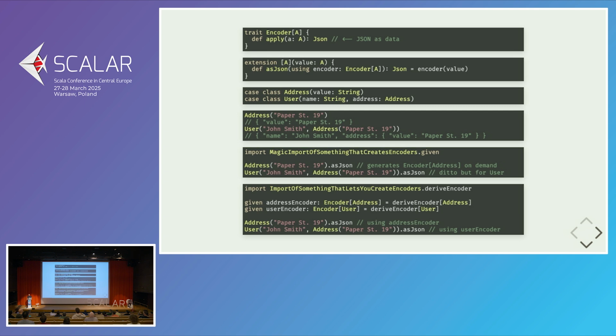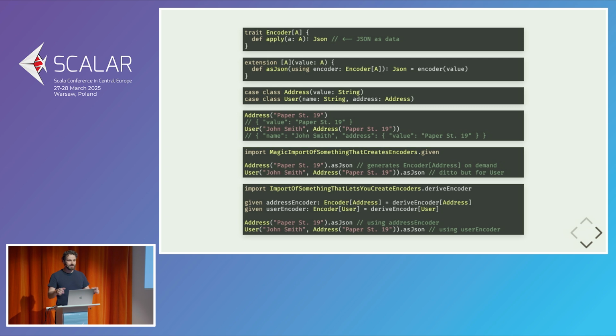The other approach is something called semi-automatic derivation. The idea is that we don't want to write the code ourselves, but we don't want those instances to pop up magically. We want to control when and where they are appearing. So we want to tell the compiler, this is the place where you are supposed to generate this implementation, but it is on me to take this implementation and put it into some implicit. And because of that, semi-automatic derivation has to handle this tiny little issue that we don't want to have